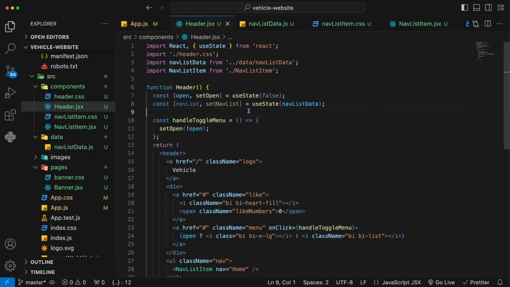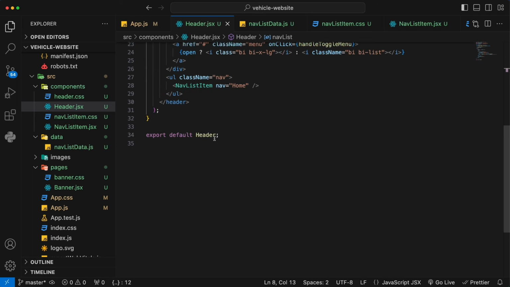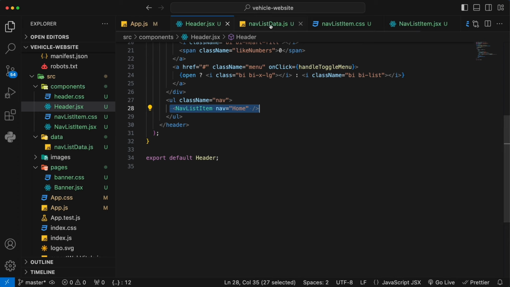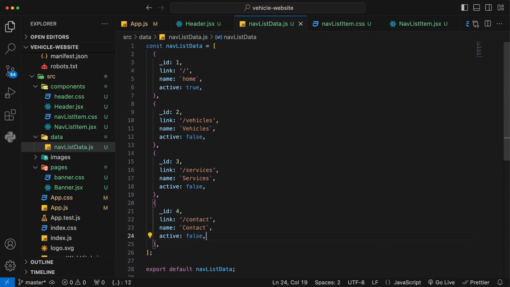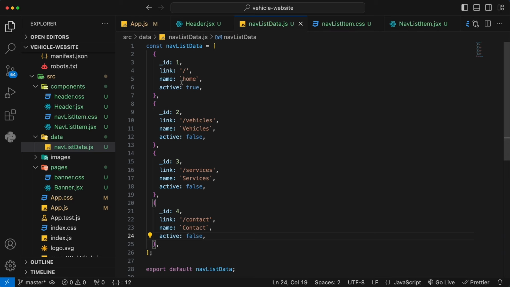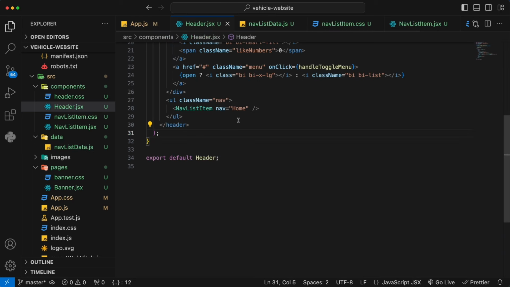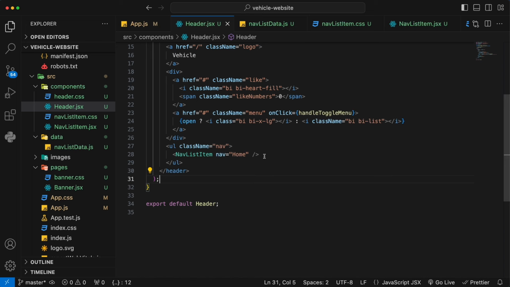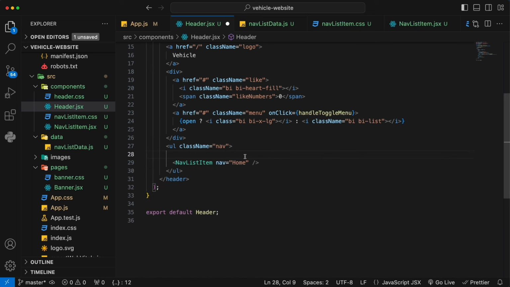Okay, and save that. Now we have everything in this file stored in this nav list. That's going to be an array. We're going to map this array into our nav list item. So regardless of how many items you have in this file, it will be mapped in a few lines of code over here. This is how you remove that repetitive job, right? The data is not repeating because every data is different, but you are not repeating the same code structure over here, right? So down here in the nav,